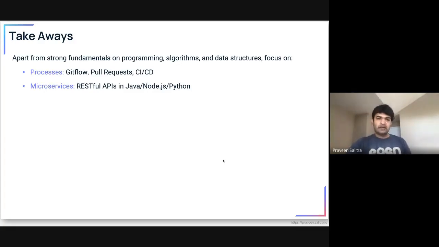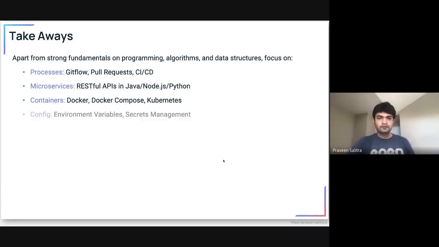Another thing is microservices. Start looking towards them as well. Whether you are developing RESTful APIs in one of your favorite programming stacks, you have a lot of options available these days. Look into how you can run these microservices in a containerized fashion, so you have Docker Compose, Kubernetes. And again, if you see, I have not used a single proprietary programming stack. We love open source, so a lot of the things we use are open source as well. You can always find the source code and learn from there as well.